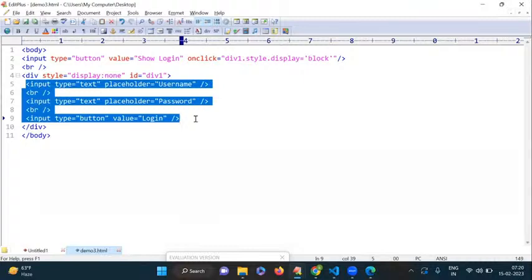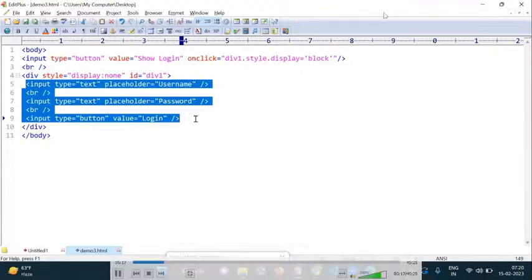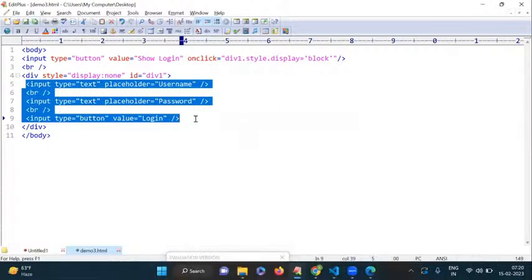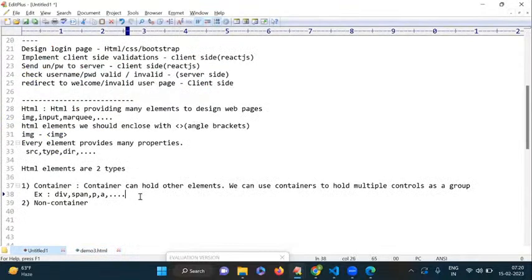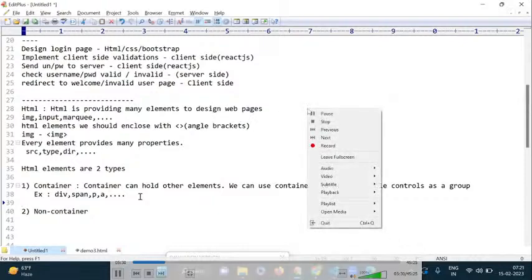So in our projects, in our React projects or Angular projects or any other projects, we are creating these forms, login form, registration form. So different types of forms we are creating. From that point of view, we are taking the support of div tag, or span tag or any other container. Like that we have these containers. So each container has its own functionalities. Okay, those things